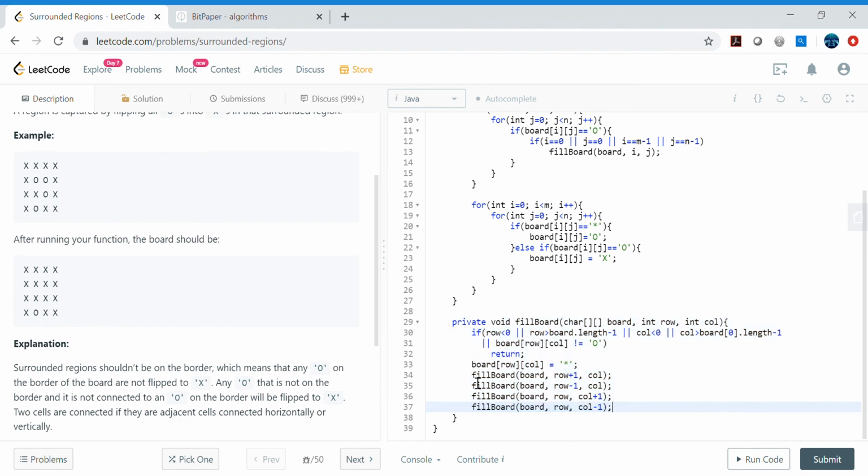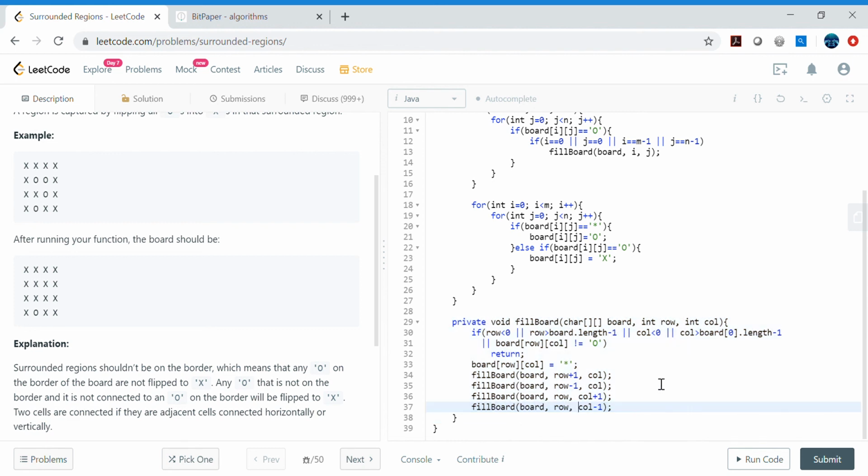I'm not going to explain this depth first search approach in great detail because videos on number of islands are already there. If you need more insight into how this works in a detailed manner, please refer to those videos. There are a couple more videos like maximum area of island and number of islands.